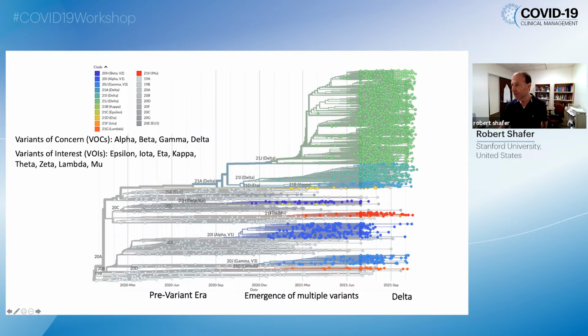In the summer of 2021, the Delta variant became dominant, and it now accounts for nearly all circulating virus variants. This figure also shows that there is diversity characterized by multiple mutational differences, even within the same virus variant.